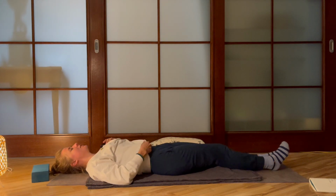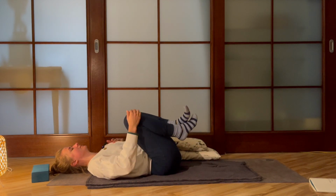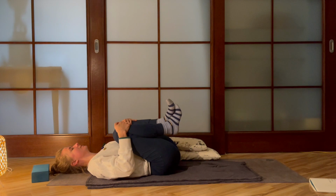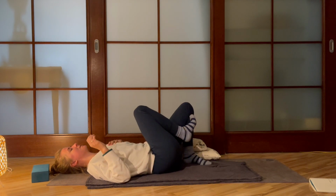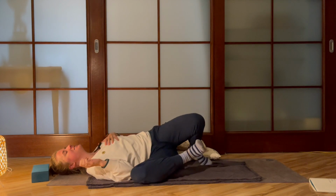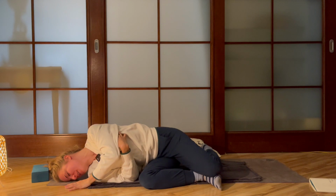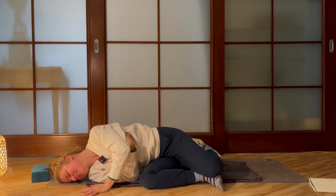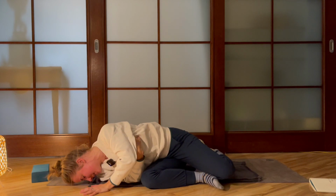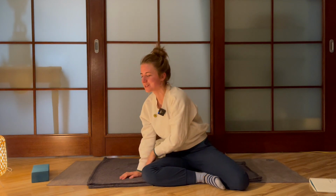And then hug your knees toward your chest. And roll to the left or to the right side of the body. So over here also taking your time. So try not to jump up from your yoga mat, but support yourself with your hand. Head is super heavy, your upper body is super heavy, but you're lifting yourself up into a seated position, supporting